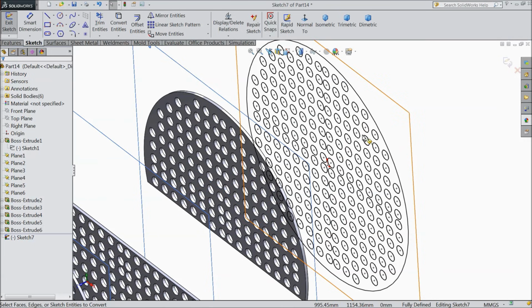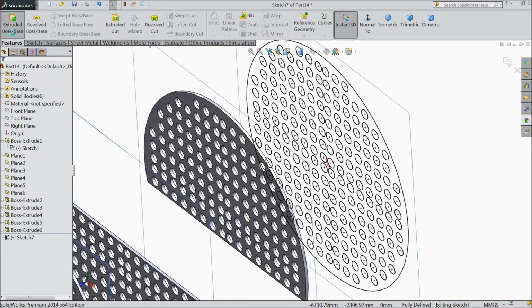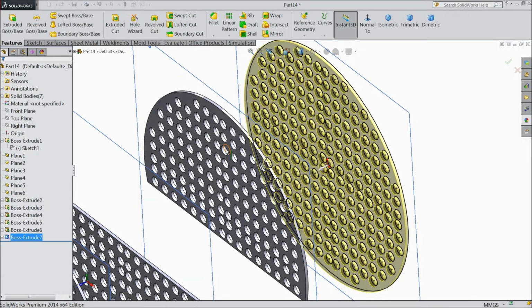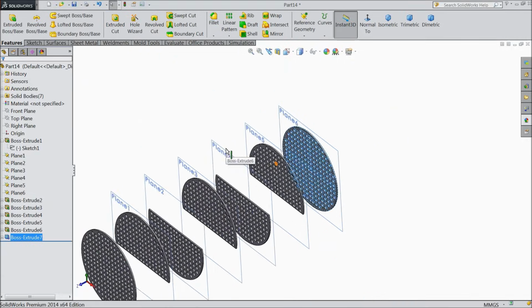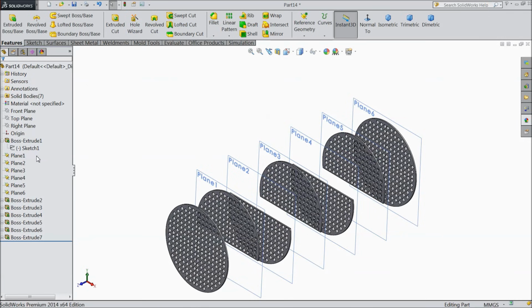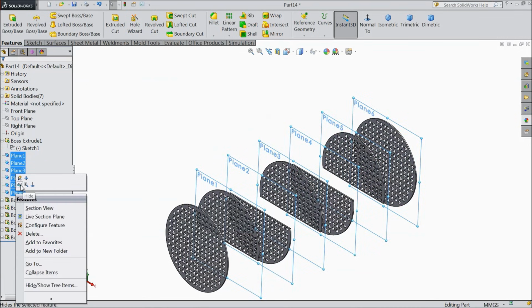See, it is converted, the full circle, extruded boss, the thickness same 48.891 mm. OK. That's it. Now hide all the planes. Just select all 6 planes, right click and here select hide.